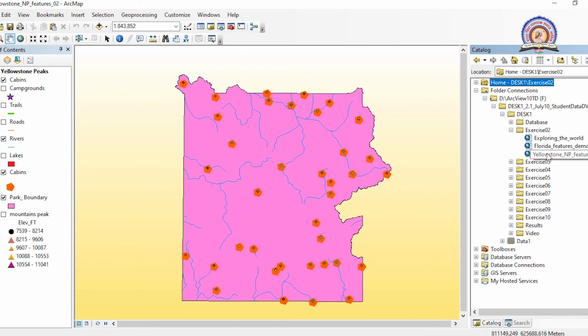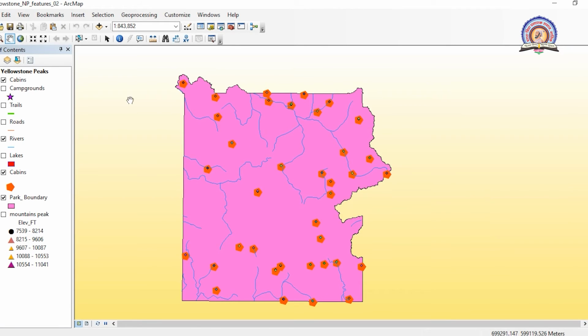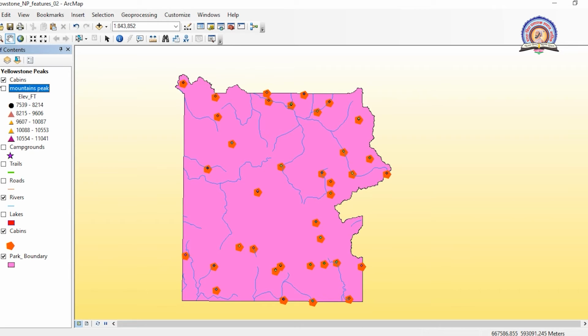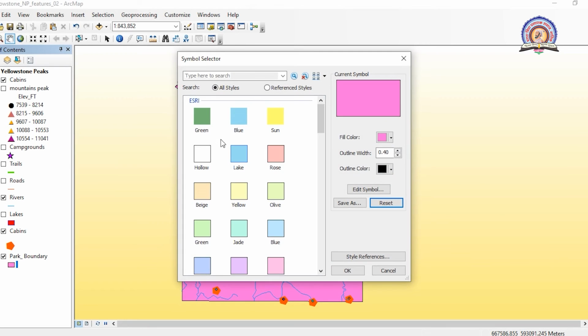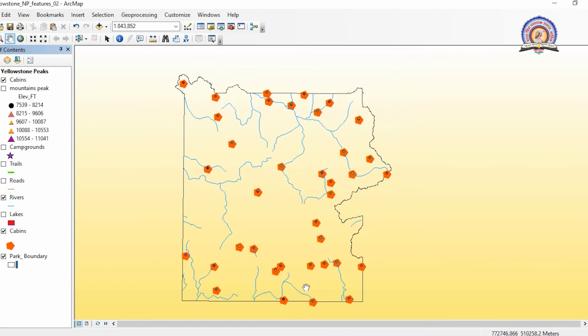And in the catalog area, that portion becomes bold. It means that this map is being used over here. Now I will be auto hiding this to increase our working space. Okay. In the table of contents, we are able to see the various layers. For example, Yellowstone National Park is our main database. In that, there are 1, 2, 3, 4, 5, 6, 7, 8, 9 layers already mentioned over here. Okay, there are 9 layers. So, for example, let's make it hollow. Yes, now you can see the entire Yellowstone National Park area.